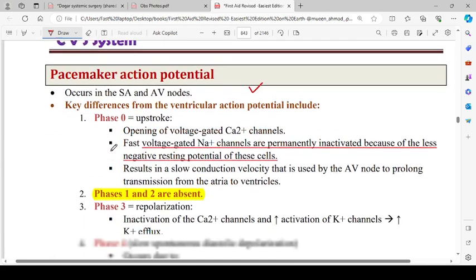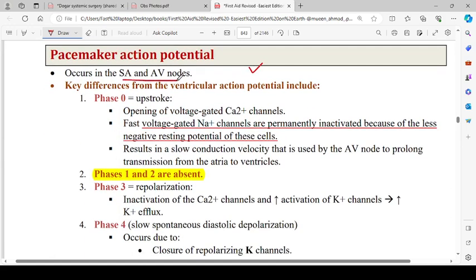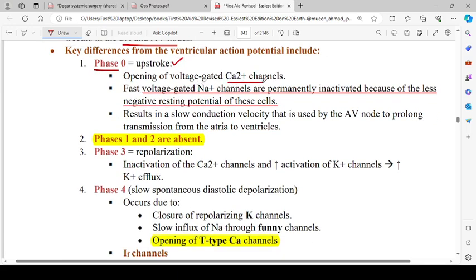Now you can see that the pacemaker action potential occurs in the SA node and AV node. The key differences from the ventricular action potential include phase 0 upstroke, opening of the voltage-gated calcium channels. Fast voltage-gated sodium channels are permanently inactivated because of the less negative resting potential of these cells. This results in a slow conduction velocity that is used by the AV node